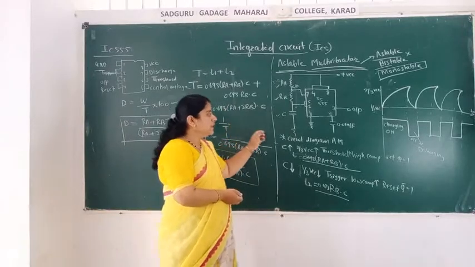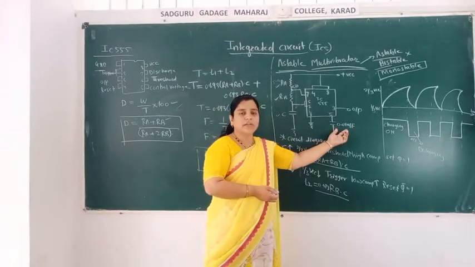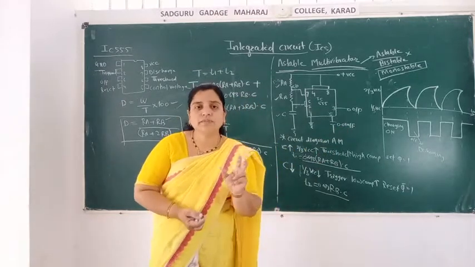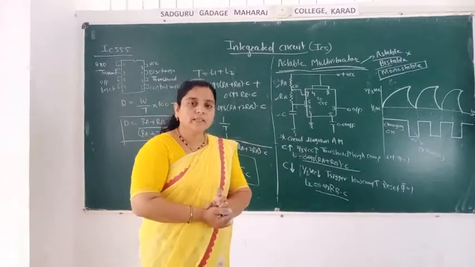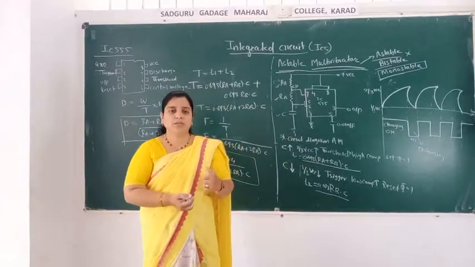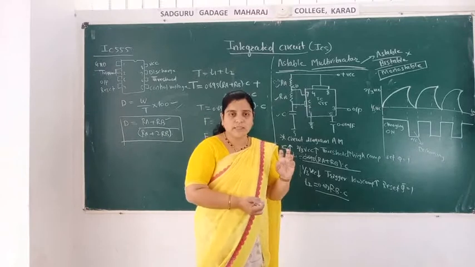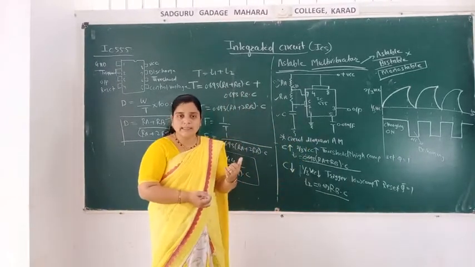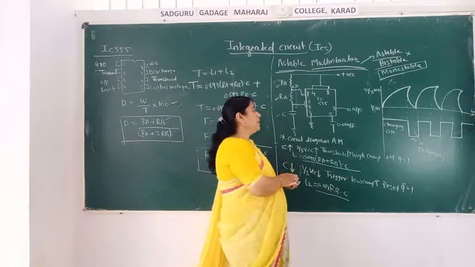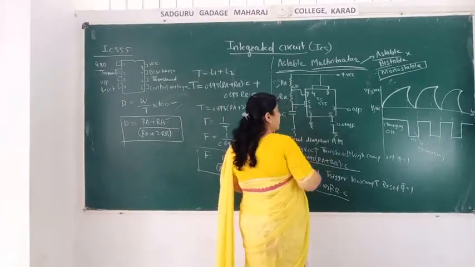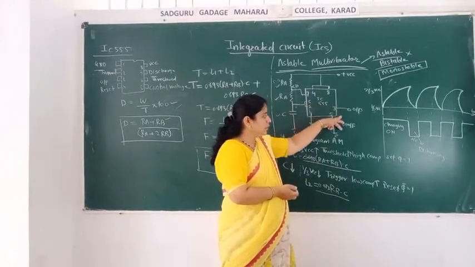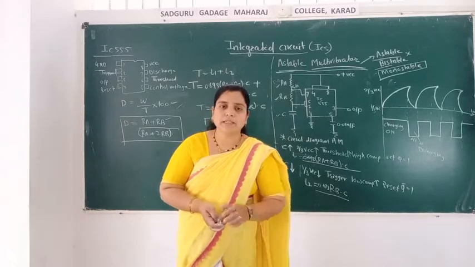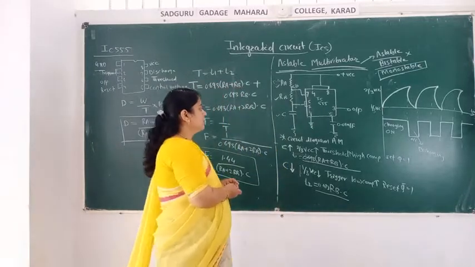Okay, so we will take a very small capacitor, that is a 0.01 microfarad capacitor. We are using this capacitor because the function of the capacitor is what? It always blocks the DC, it allows the AC to pass through it. It is for protection of the circuit. If high current is flowing in the circuit, then it will allow that current to pass through it, and it will be grounded. So this capacitor is used for charging and discharging.